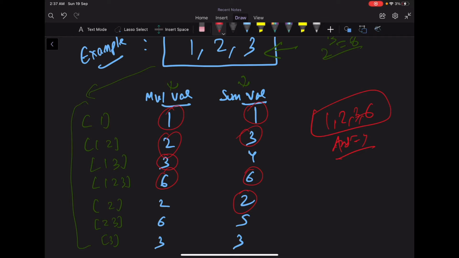So what could be the brute force approach? It can be to find all the possible subsets and their multiplication values and their sum values, and then see how many distinct values are true, right? But what is the time complexity? The number of subsets for any array of size n are 2 raised to the power n, and when n goes to 100, it will be 2 raised to the power 100, which is exponential time complexity. So can we do something better than that?